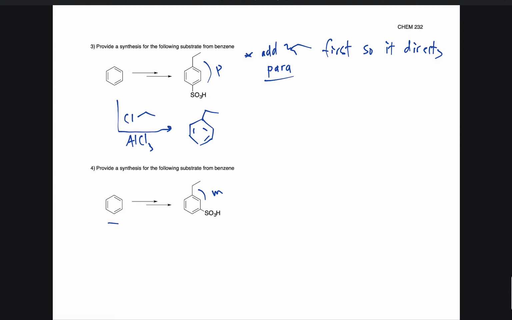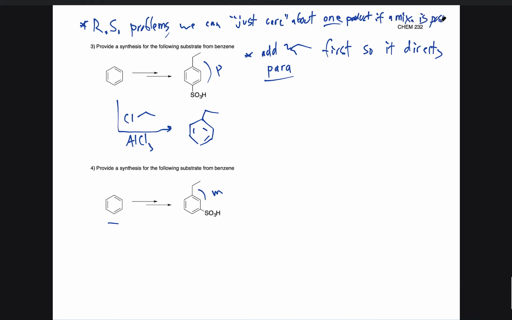But for retrosynthesis problems, we've gone over this before, we can just care about one product if a mixture is possible. I'll reiterate this in class too. So it's okay, we might get multiple products, we're fine